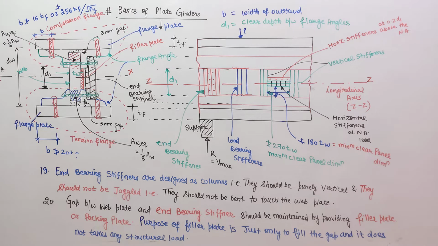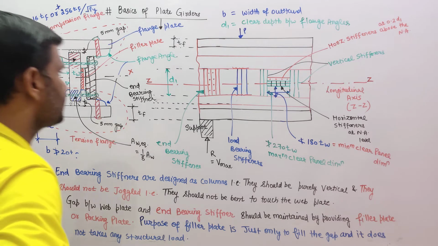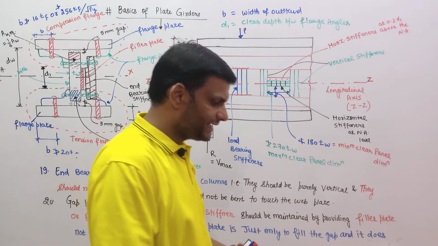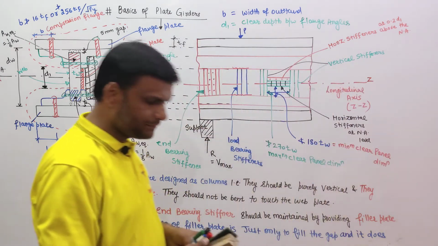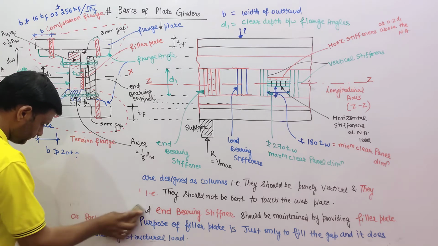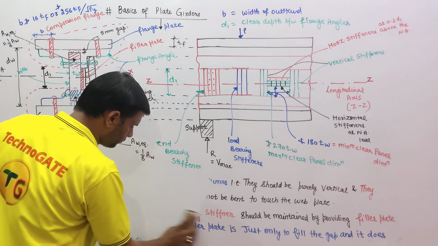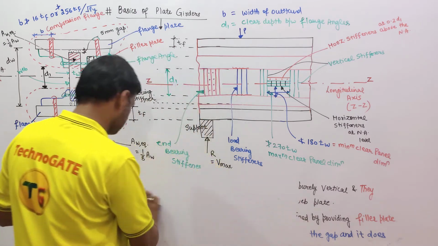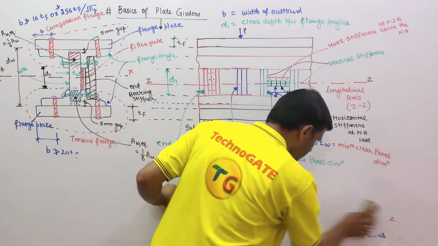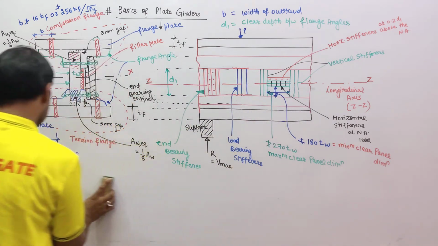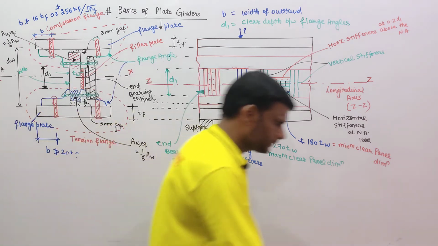Now, the vertical stiffeners that are in front of you, these may be vertical, are not designed as columns, and hence they can be joggled. They can be bent to touch the web plate. Okay. So,